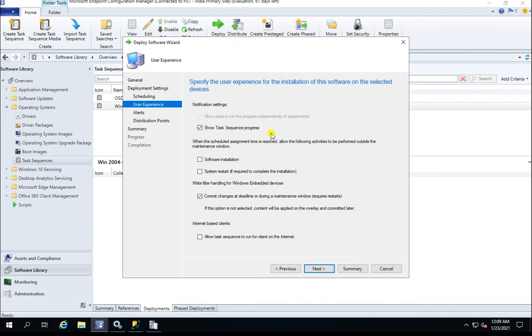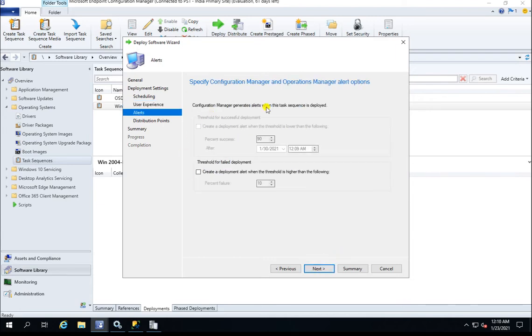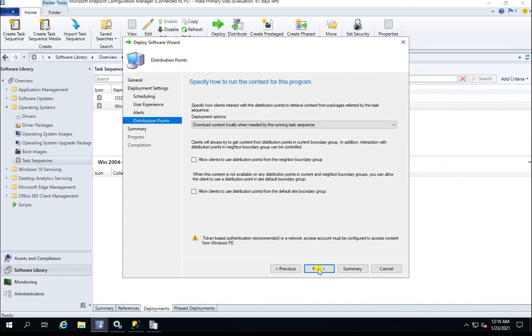This should be okay. The task sequence process outside the window, I'm not going to touch, because it is used when your SCCM client is installed and communicating with your SCCM. Next, this is for the SCOM alert, so we don't have Operations Manager here. And now, for the task sequence, there is only one option, and this option is used when one distribution point is not responding.